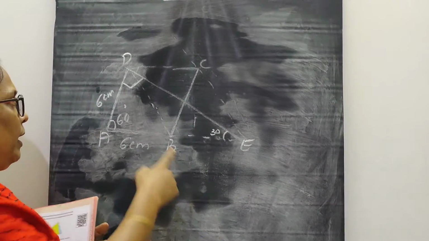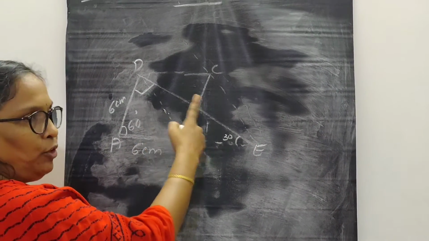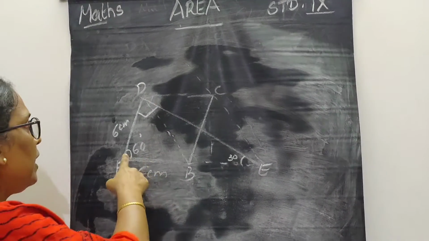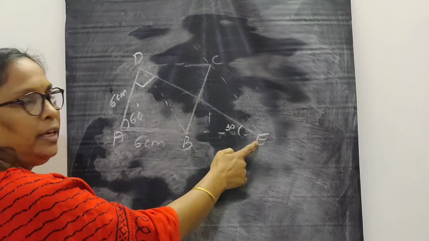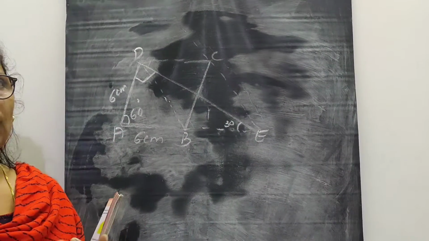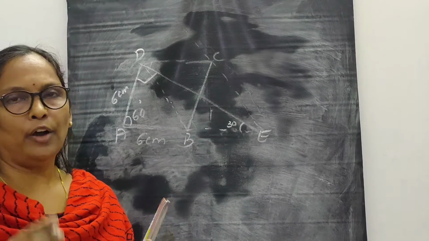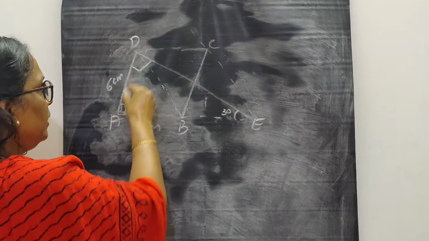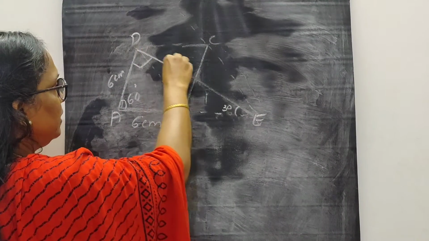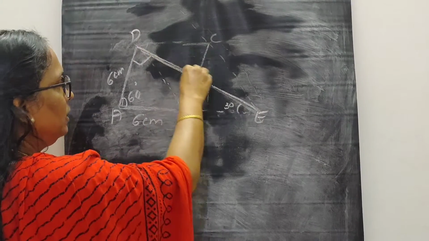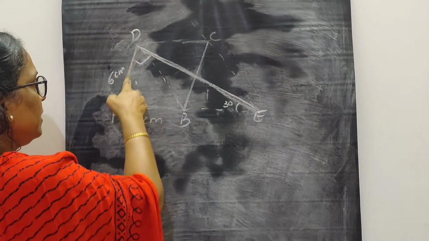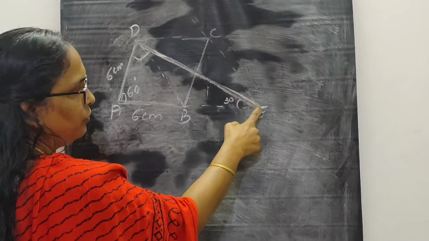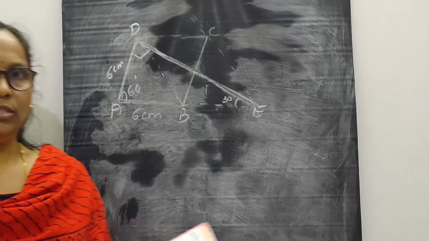So if we convert a rhombus into a triangle, then we get a right triangle. So here this triangle is right triangle ADE. And we can find its area also. How do we find the area of a right triangle? Half into base into height. See here it is 90 degree. So these two are the perpendicular lines. So measure this length and take base as 6. So half into 6 into length of this line. Okay, this is the question.